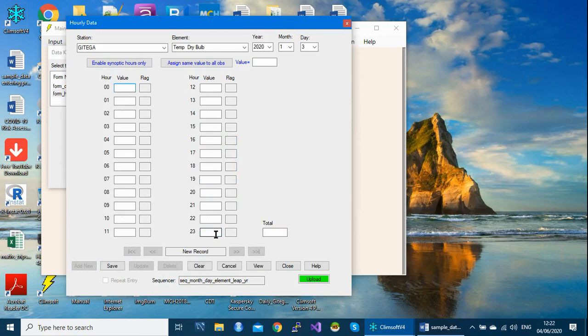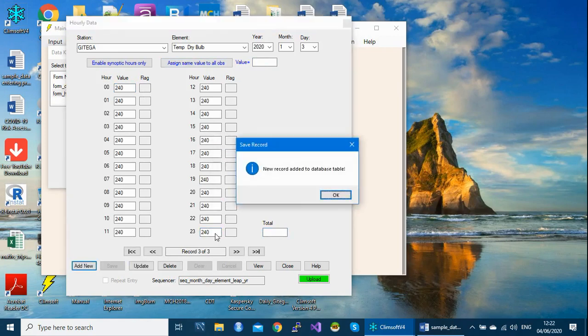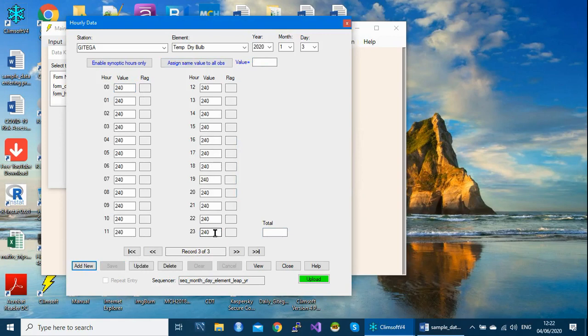So you are moving days, but you keep the same element because you have only one element. Let's say it was 24. Once you save, it will go to the next day and so on, but it keeps the same element.